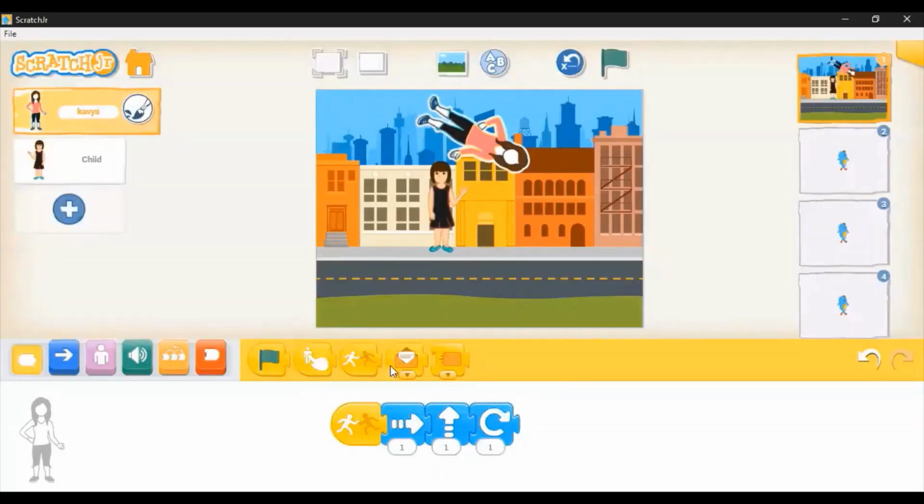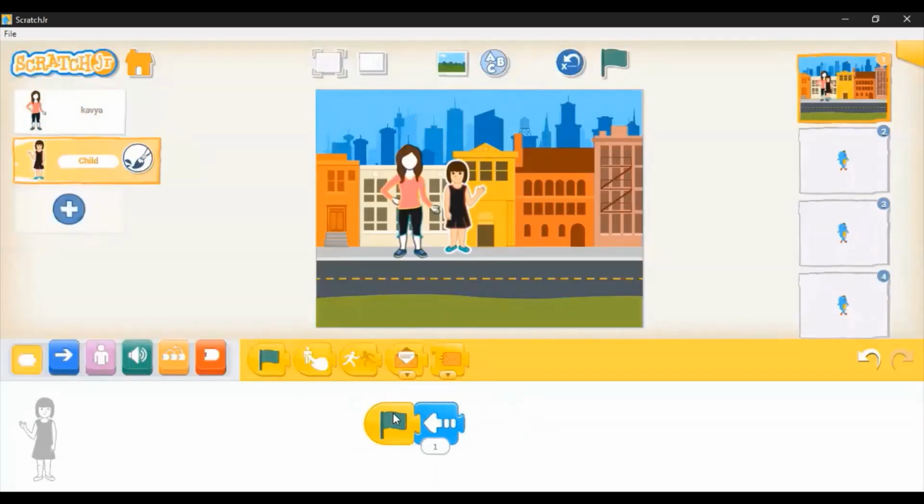So this is the third way of triggering. I'll remove this flag, and as I said, you can have only one trigger option at a time. So I'll replace this flag. What I do is I take this down. Now what is this envelope? Clearly we can understand that it is something related to message. The open envelope is actually receiving a message. When you receive a message, you open it. And this closed one is you are sending someone a message.